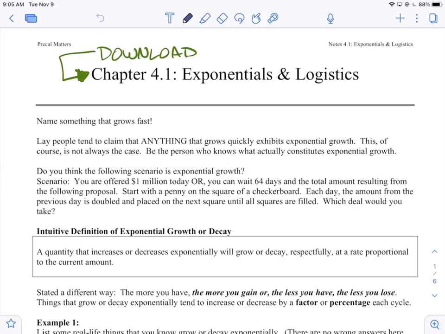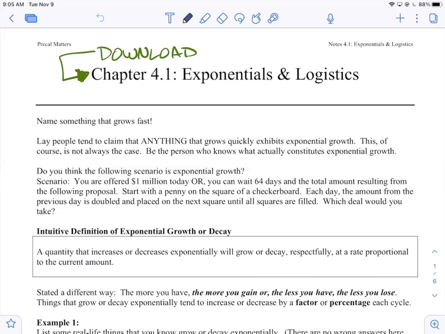Let's do this. How many pennies in $1? 100. All you have to do is multiply by 100, which means you add 2 zeros. 1 million, if you add 2 zeros, becomes what? 100 million. There you go. So what's more, 100 million pennies or the sum of all the pennies on the checkerboard after 64 days? Is that intuitive? It's not real intuitive to most people because $1 million is the final amount. And here you're kind of baited with a single penny. There's no way you can start with a single penny and eventually get to $1 million. But the checkerboard scenario is more money.